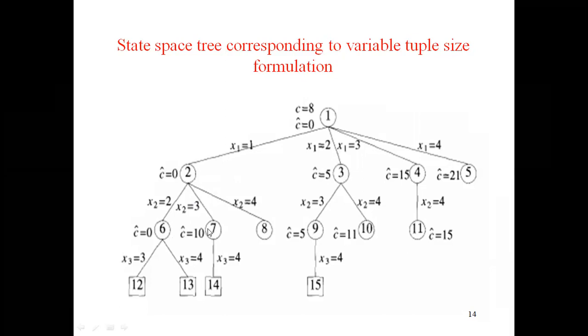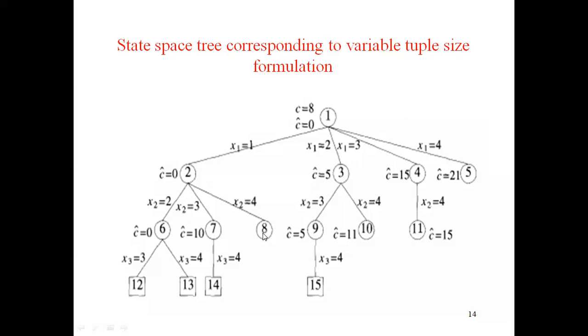The cost C of 7 is equal to 10. What is the cost at node 7? That is 10, so that is greater than the upper value. Since upper is 9 but here the cost is 10, and 10 is greater than 9, node 7 gets killed. We are avoiding that particular path from node 7. Node 8 is infeasible, since we have considered job 1 and job 4 here. So it is killed.